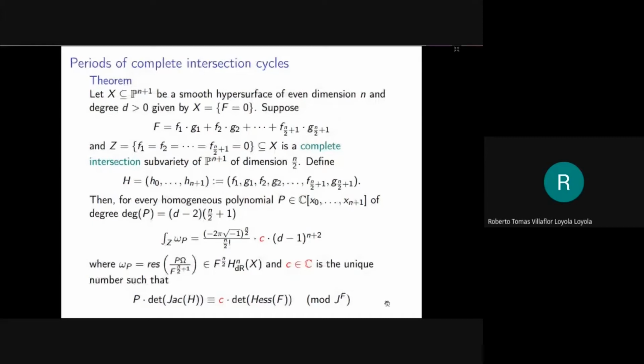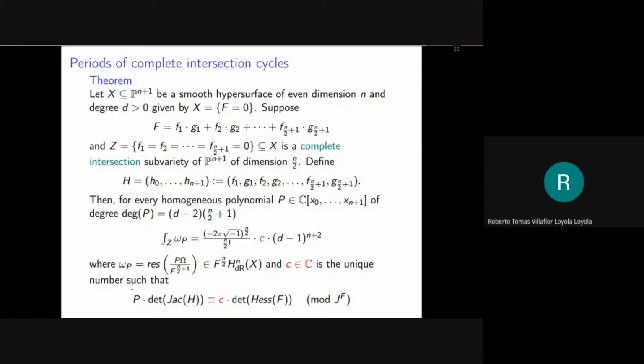In other words, the non-trivial information of the period of the form omega p over C